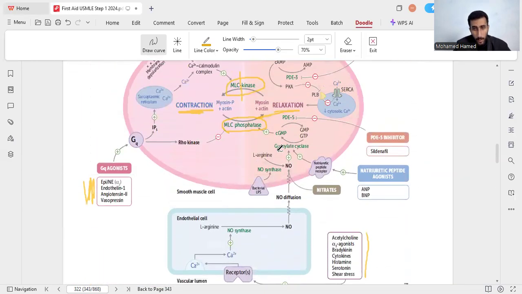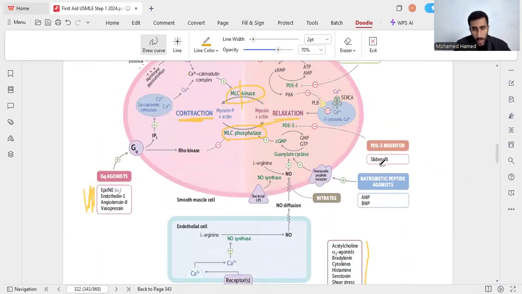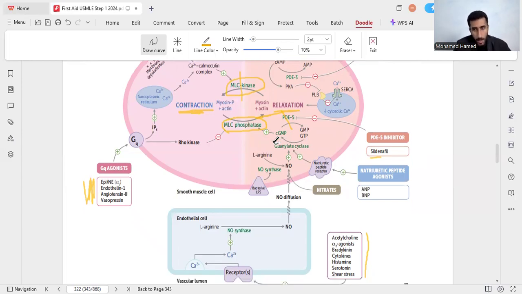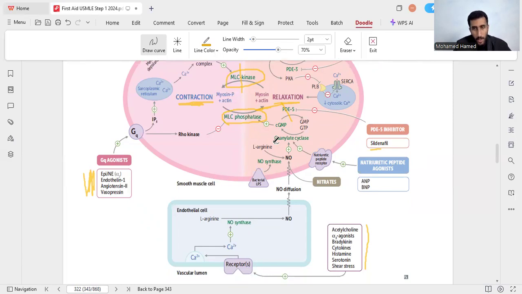And phosphodiesterase 5 inhibitors. I had that drawing of the phosphodiesterase inhibitor, sildenafil. It blocks phosphodiesterase 5. When you block this, there will be accumulation of cyclic GMP and relaxation. If you give nitrate at the same time, you are increasing cyclic GMP, and from the other side you are preventing it from breaking down by sildenafil. So there will be a tremendous amount of cyclic GMP, very severe vasodilation. So don't give